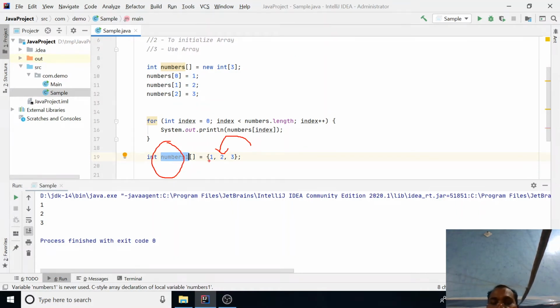You don't have to specify the size. Size is automatically evaluated from the right hand side. When we declare an array and at the same line initialize it, we do not have to specify the size. Size of the array is automatically calculated.